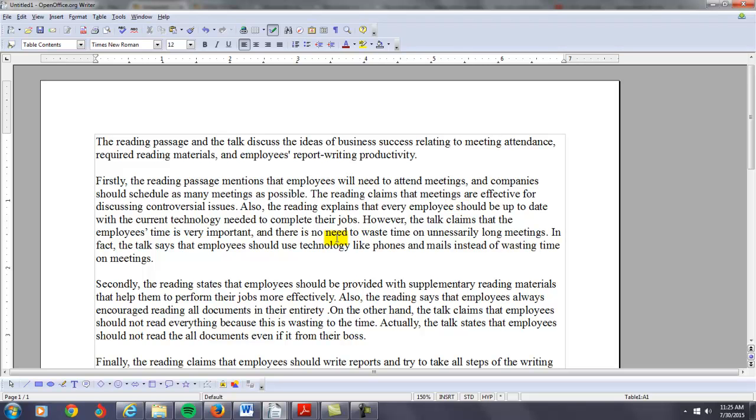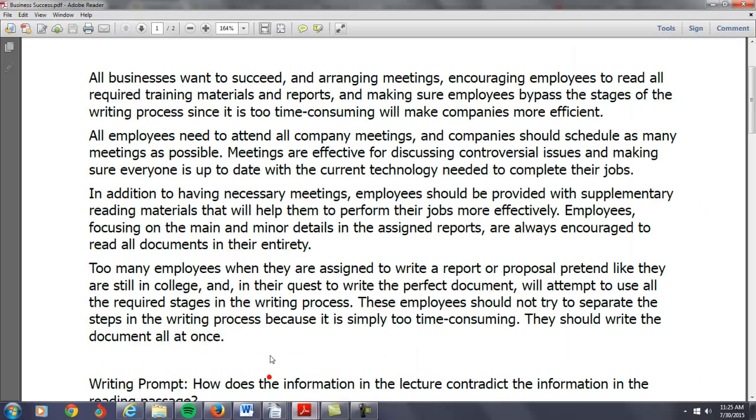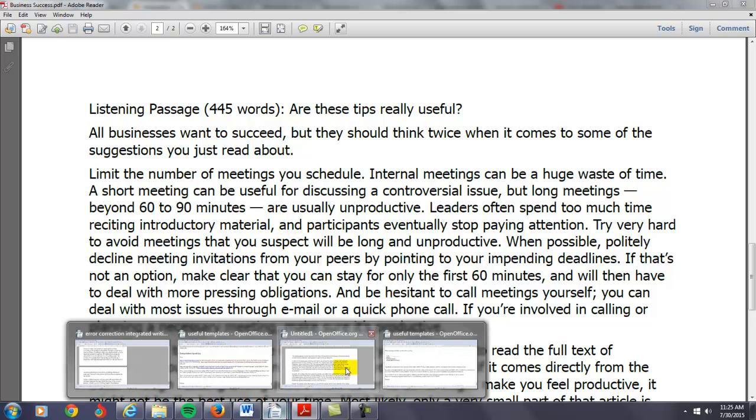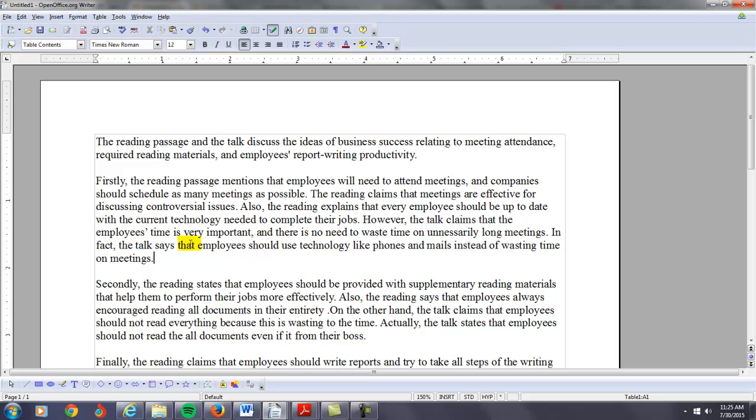So you have to be careful that you don't change the meaning of anything there. So if you go back to the lecture here, see what the lecture is saying. The lecture is saying limit the number of meetings you schedule. It says, make clear you can only stay for the first 60 minutes, right? So you have to make sure when you summarize that you don't change the meaning of what you're actually representing there. You say, in fact, the talk says employees should use technology like phones and emails instead of wasting time on